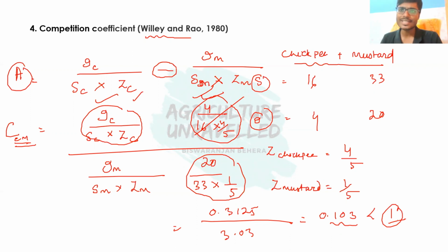So that is all about today's class. I hope the concept of these indices about biological advantage is clear. In examinations, the name of the scientist is also equally important. You have to remember the name of the scientist. Along with that, if some small numericals come, then you can easily give the answer.